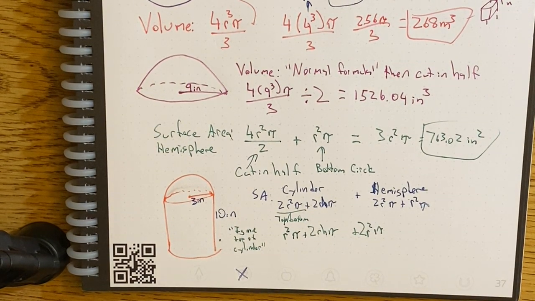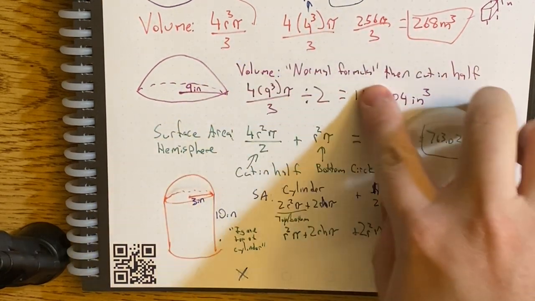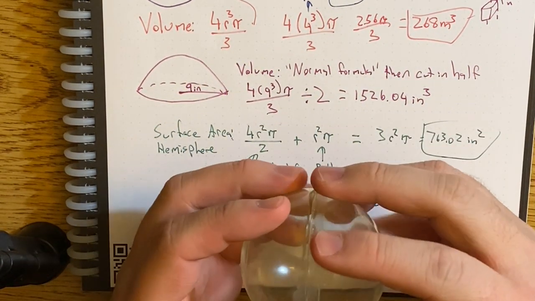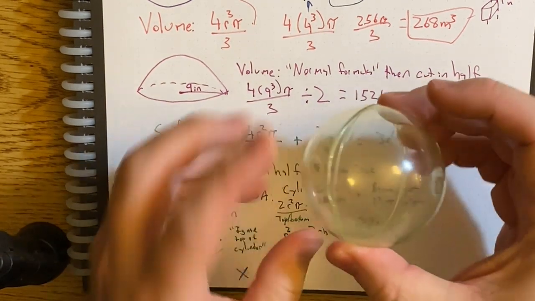I'm going to start with volume. Volume's a little bit easier in this case. By semicircle, I mean a hemisphere. A hemisphere is half a sphere, right? Literally, you could just take the normal formula, which is 4/3 r cubed pi, and we only want half of it,